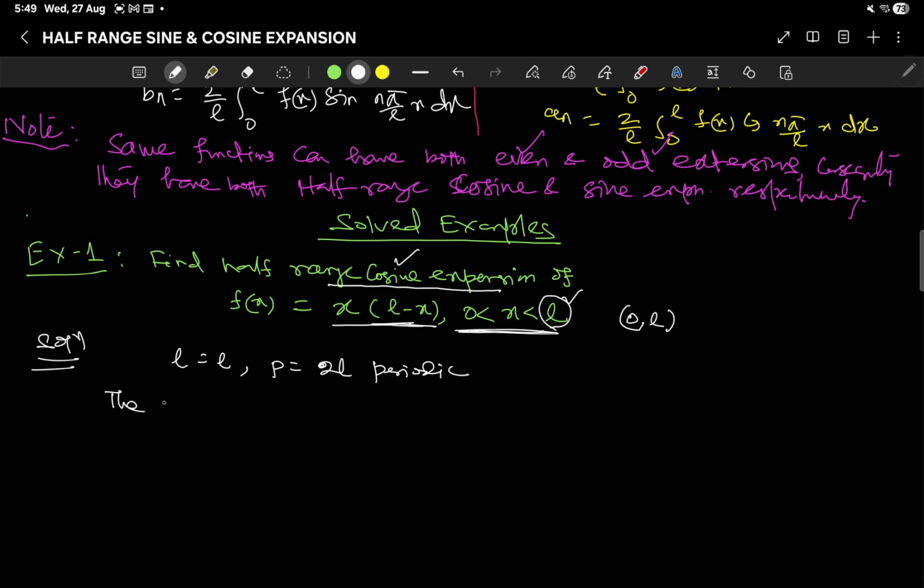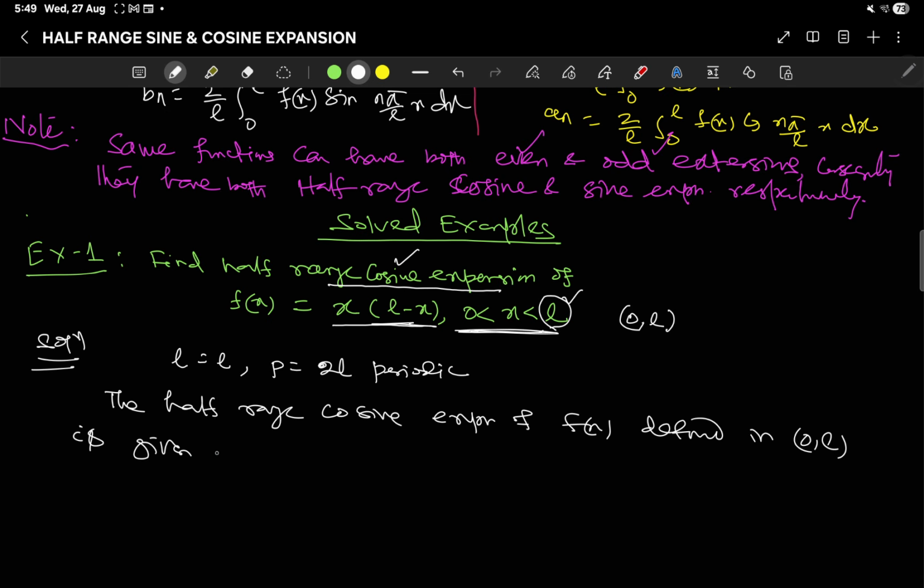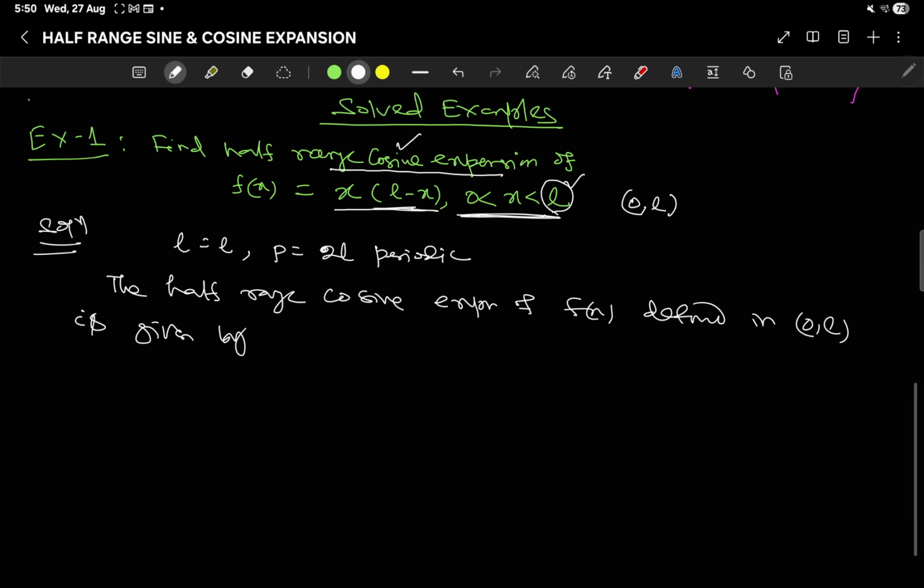The half range cosine expansion of f(x) defined in (0, L) is given by f(x) is equal to a0 plus summation n is equal to 1 to infinity a_n cos(n pi x by L). L is your L. Now to find a0,